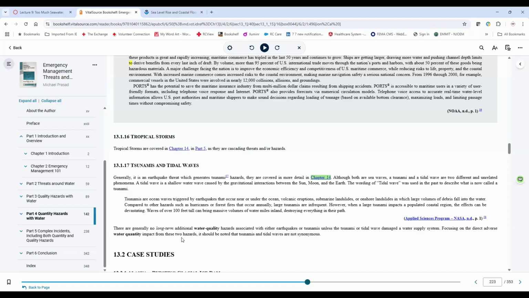They can bring a lot of water, obviously quickly. There are a couple of videos of those on my website, I think, as well. And usually, if there's an earthquake in the middle of the ocean, there may not be any impacts to water quality from that, because it's just a question of moving water around. But the water quantity issues are certainly the concern.